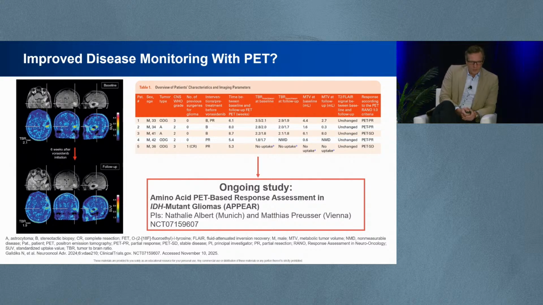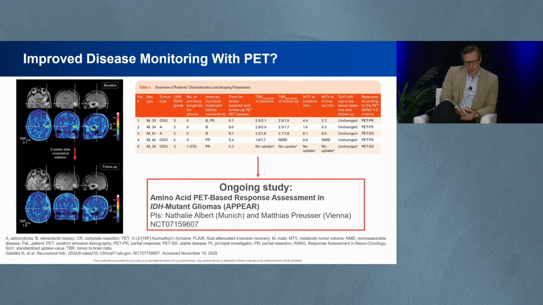Another point I would like to briefly discuss is how to optimally follow up patients on IDH inhibitors, such as vorasidenib. As you know, following up these patients, monitoring the disease by MRI comes with challenges. Low-grade gliomas are oftentimes not very well delineated and easy to measure and follow up on MRI. So I believe, together with my colleagues in Europe, where amino acid PET imaging is fairly well established in some parts, that this technique may add very much to improved disease monitoring, because most of the low-grade gliomas can be depicted and visualized by amino acid PET imaging, which shows